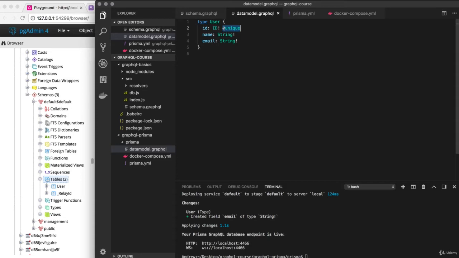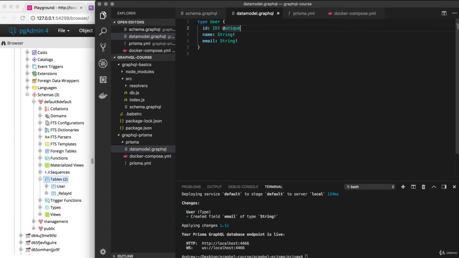What we have right here is a GraphQL directive. A directive is a way to modify the behavior of the field. Now, directives are usually something that we need to create and then use, but clearly we haven't created anything called unique in our code. This one is actually coming from Prisma. So Prisma provides us with various things to make our life a little bit easier. It gives us custom types we'll be talking about soon. It gives us things like directives and more, and the @unique directive, as the name suggests, makes a given field